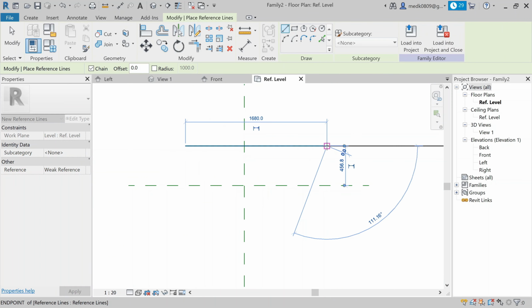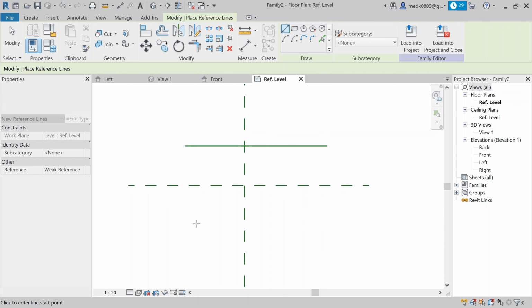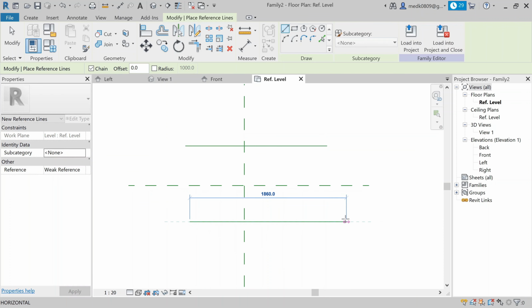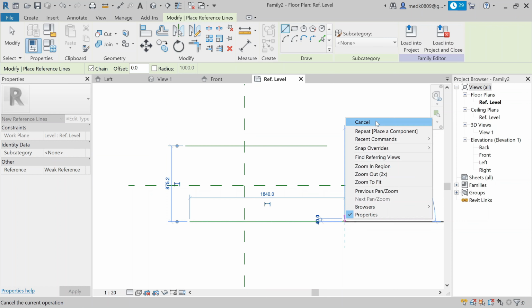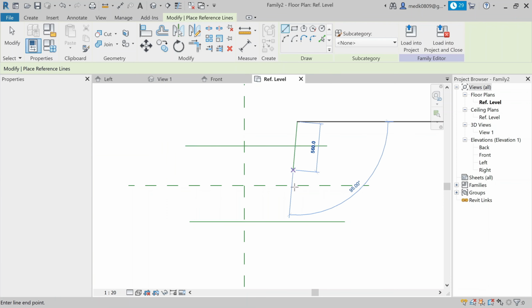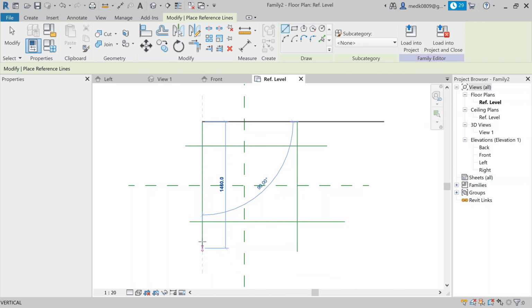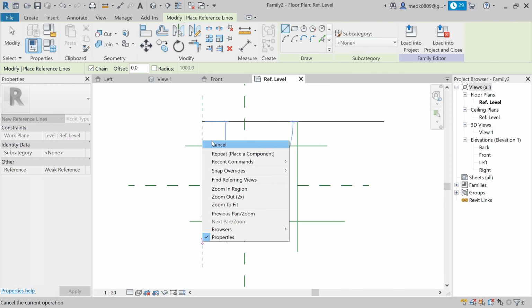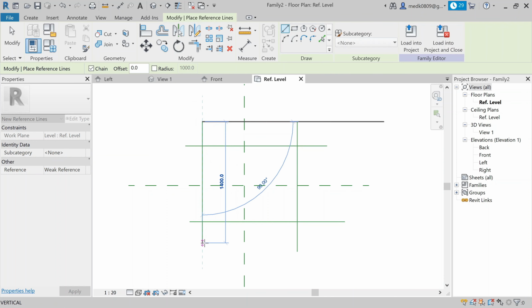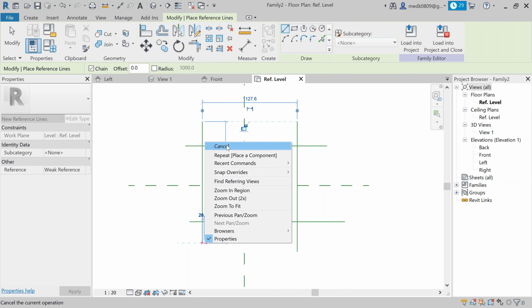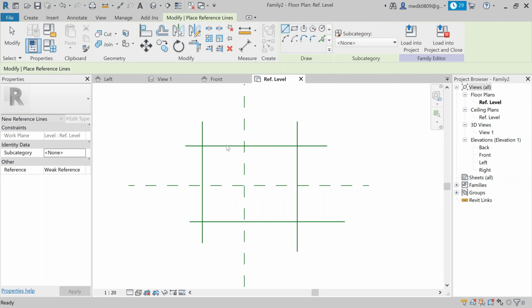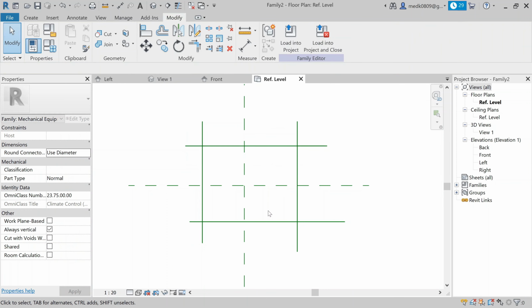So we have this horizontal reference line. Let's create some more and then vertically, as you can see, you can follow these instructions. Okay, so here we have created the frame for the family. Now let's create the dimensions